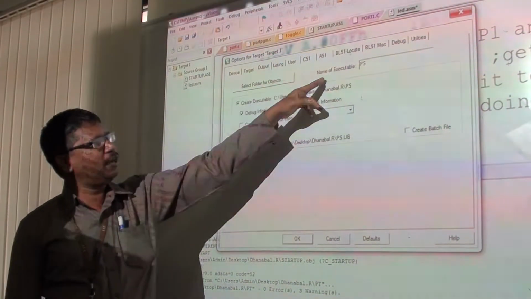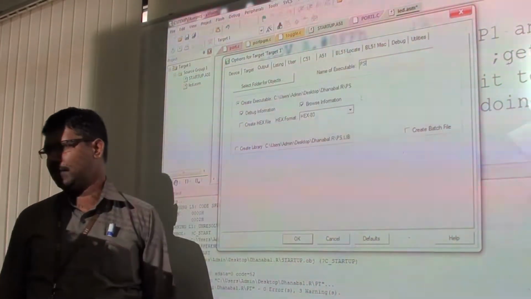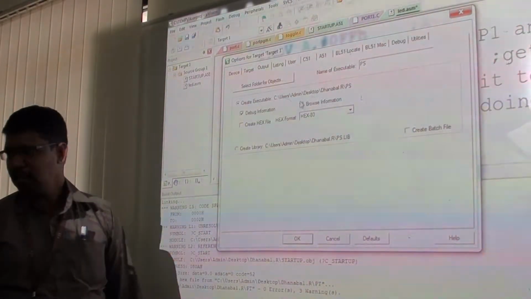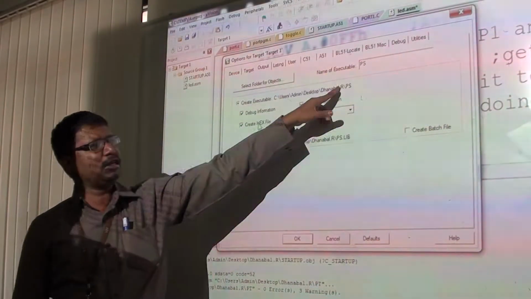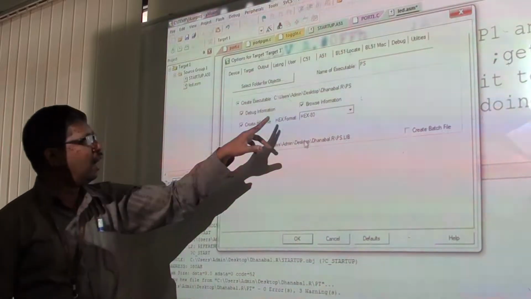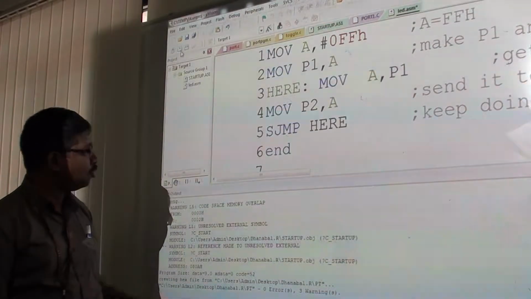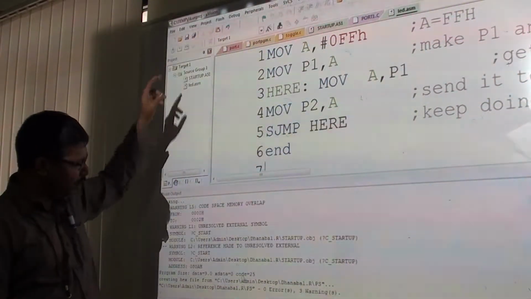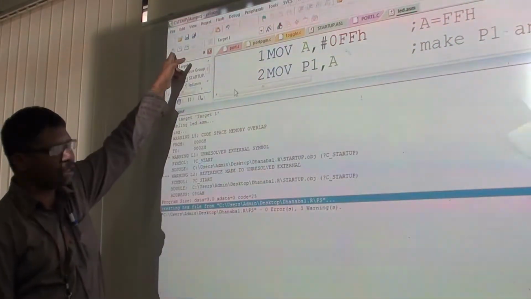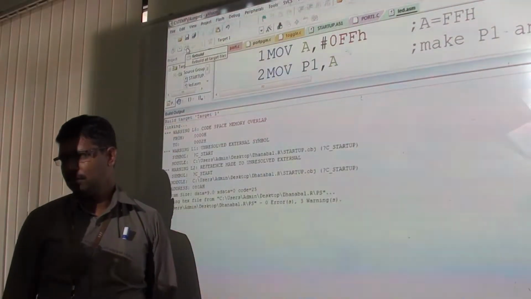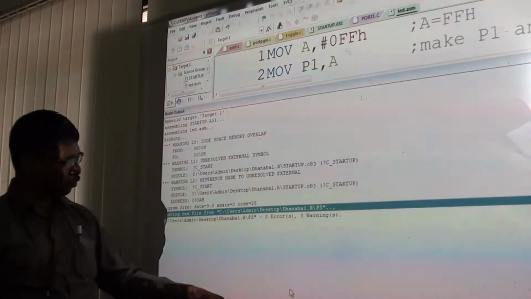Okay, so create the X file, you can give the executable file name. This is nothing but PS, port switch. Create the X file, give the location as your folder name, ensure that it is there, and then select create X file, enable it, and then give OK. Okay, so you are going to build this particular file. After building you can observe PS, but before building you ensure that you have checked it for errors.